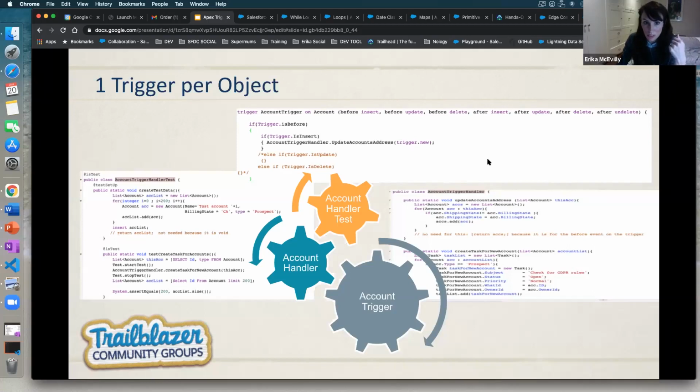Usually what you see here is pretty much how your trigger should look if you are complying with the best practice that Salesforce asks us to follow, that is one trigger per object. So obviously here, because we're calling a class, this is what the trigger handler is doing. A trigger handler is a class where you put all your automation, so where you put all your methods. And that is the main difference: before, we saw how to write a trigger, and it is the same thing. You will still need to have the name of your method, but in order to have one trigger per object,